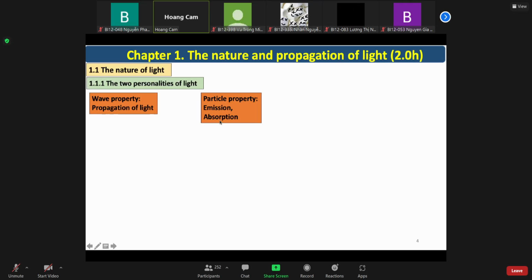Like when I just mentioned with you about the photo effect, for example, if you shine the light to some metallic surface, and then somehow we can observe, depending on the wavelength we inject, and also depending on the kind of metal we use as well, we will observe some electron current, right? So this kind of effect, in fact, people can also explain this photo effect by two